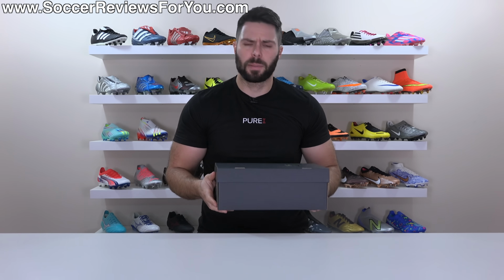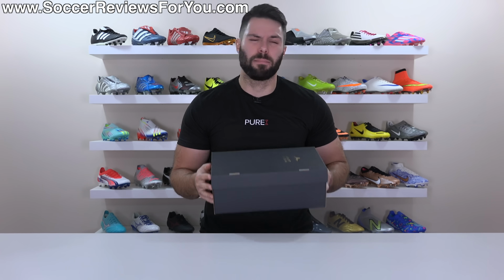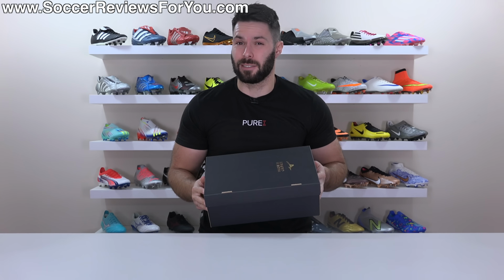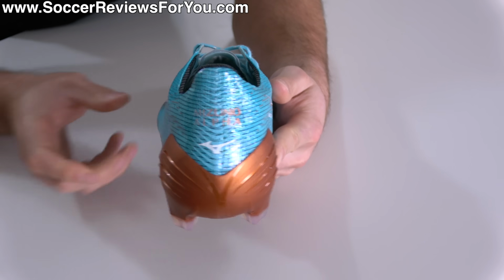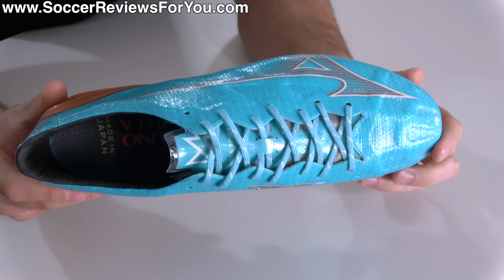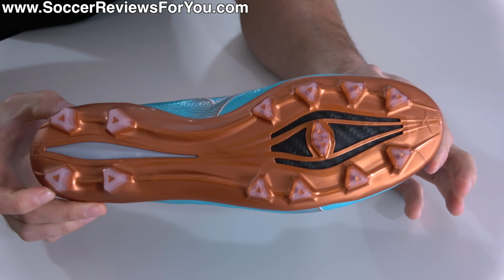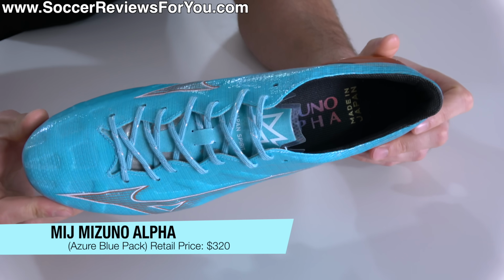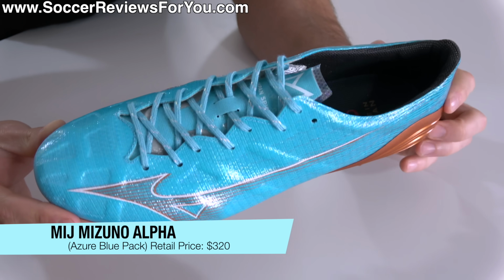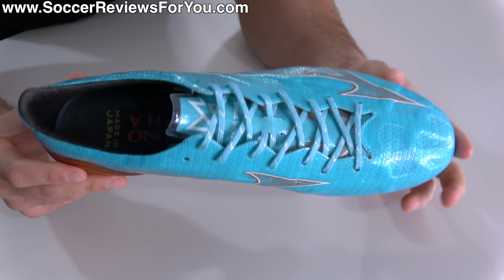Inside this box is a pair of football boots that are really good, really unique, but also really expensive. They're also very different from what we've come to expect from the Mizuno brand, in that you'll notice that there is no kangaroo leather to be found anywhere on these football boots. Ladies and gentlemen, the brand new made in Japan Mizuno Alpha, this being in the 2022 World Cup Azure Blue colorway, bearing a retail price of